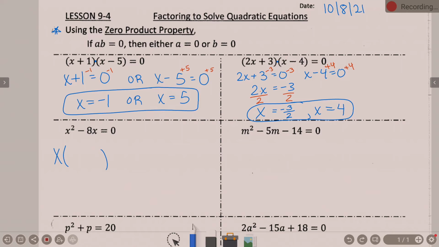So what happens if it's x squared and we divide by x? Right, and you can even think like this if you want. x squared divided by x is x, minus, what about 8x divided by x? What's 8x divided by x? The x's will cancel, and we'll have 8